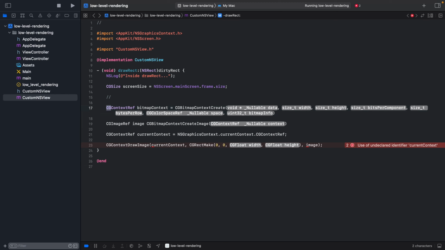But this core stuff, CG, it's all platform independent, low-level APIs. So they're going to stay the same. And now that we got it, we can define our pixel data. And the way we are going to be doing it, there are multiple formats for pixel colors, but the one